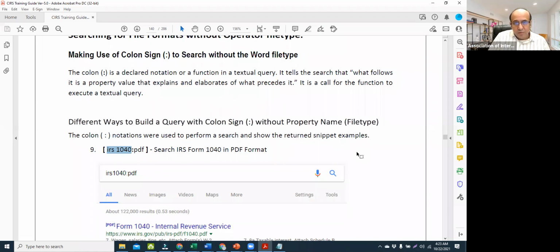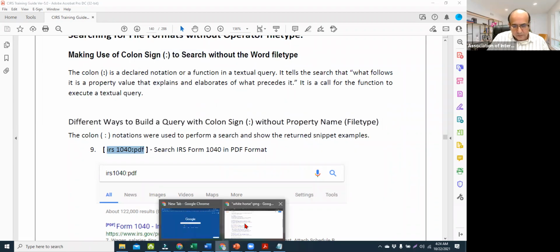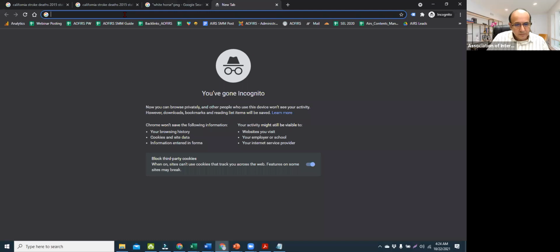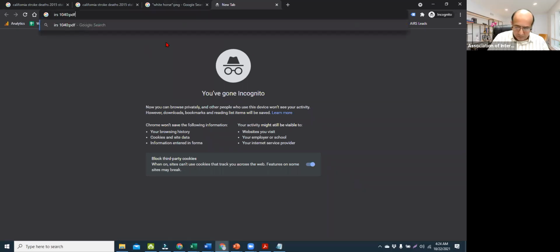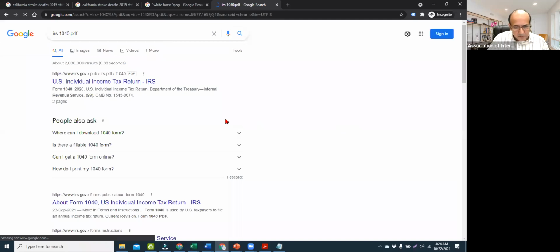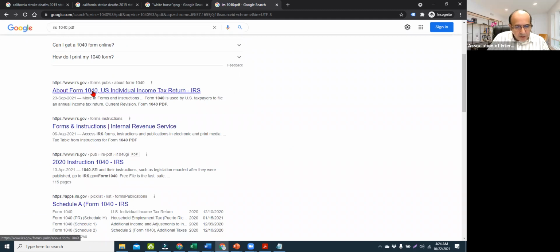if you, instead of, for instance, this one, take this one. This is a very simple example. So let's say IRS form 1040 colon sign PDF. It's going to, let's see what it's going to do. It's finding me files that's going to take me exactly to the PDF, but at the same time, you see